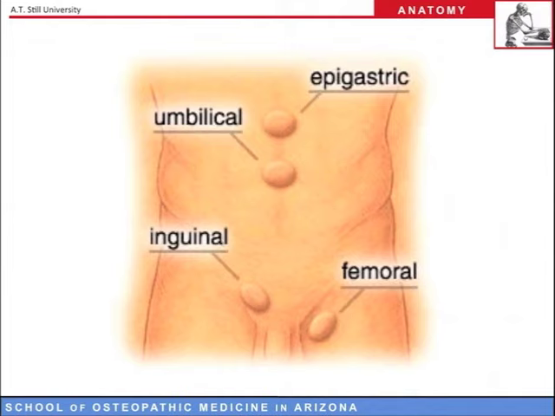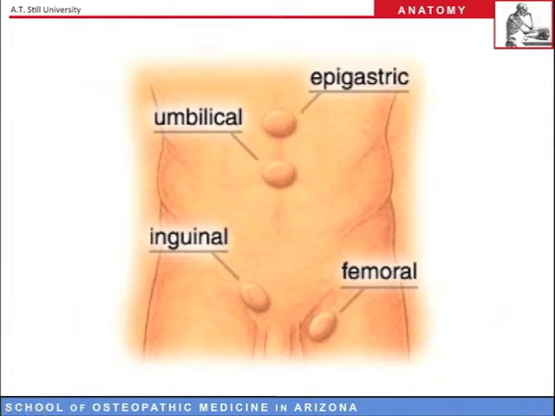And so here we have an image that I'd like to use to start this webcast, and we see several different kinds of abdominal hernias in this image. This is not all inclusive. There are others, and if you go further into the reading assignment, then you can read more about the other ones. Today's focus is going to be inferior to the umbilicus, and mostly over here when we're talking about the inguinal hernia. But quickly, I wanted to delineate the differences between the femoral and the inguinal hernias.